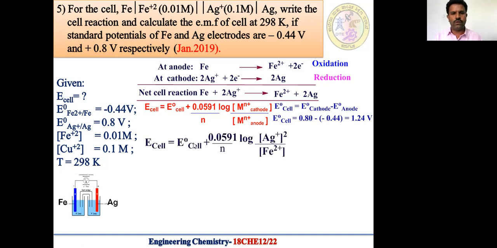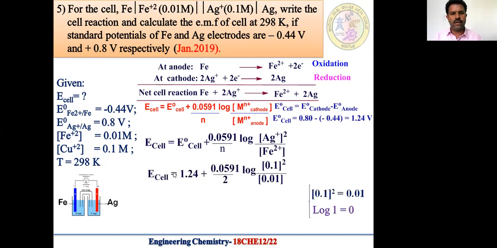If we substitute the values, E cell = the E0 cell value 1.24 volt + 0.0591 divided by the value of n. It is 2 moles of electrons exchanged during the reaction, log of the concentration of the